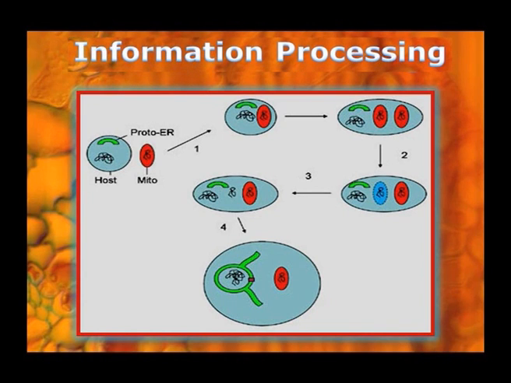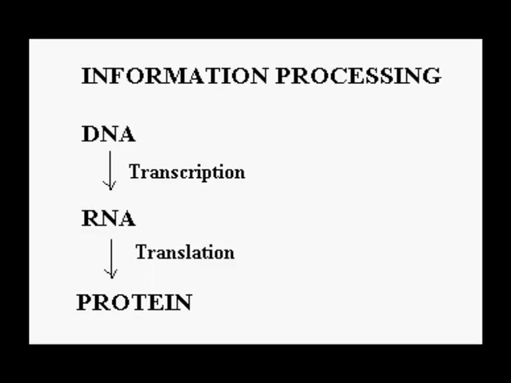Information processing. The interesting thing is that information processing in Archaebacteria is much more related to that of Euryarchaeota or eukaryotes rather than that of the prokaryotes. In DNA replication, the origin and the associated proteins are very unique in this Archaea kingdom. The recombination process is quite similar to that of eukaryotes. And the repair system has two DNA polymerases, the B family DNA polymerase as well as the Y family DNA polymerase.